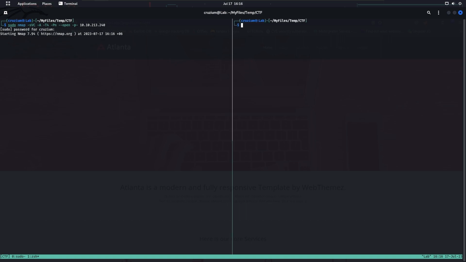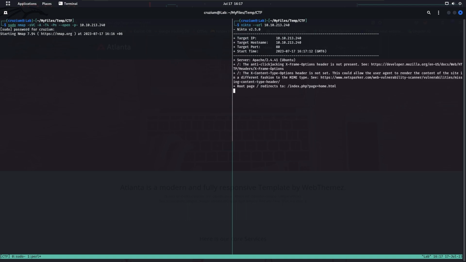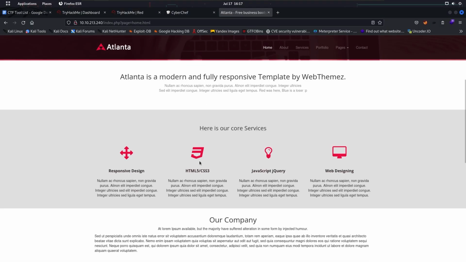Also, we are gonna do its web server scanning with Nikto. If we go to the website,